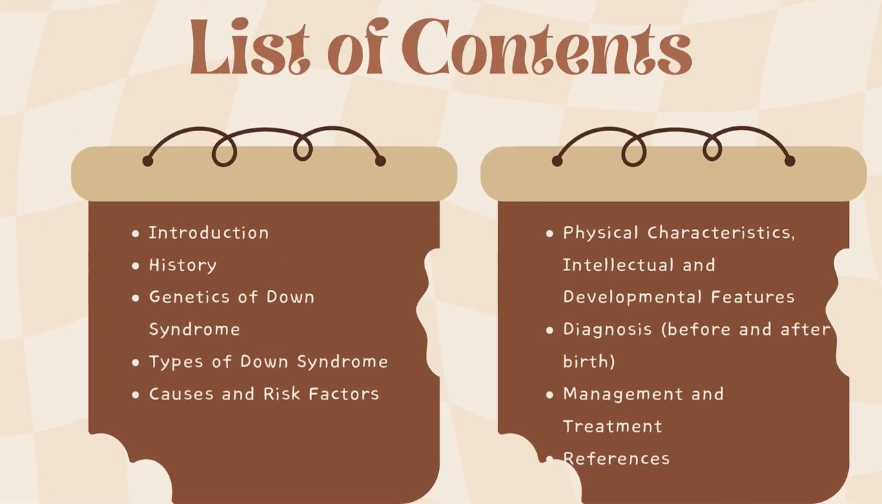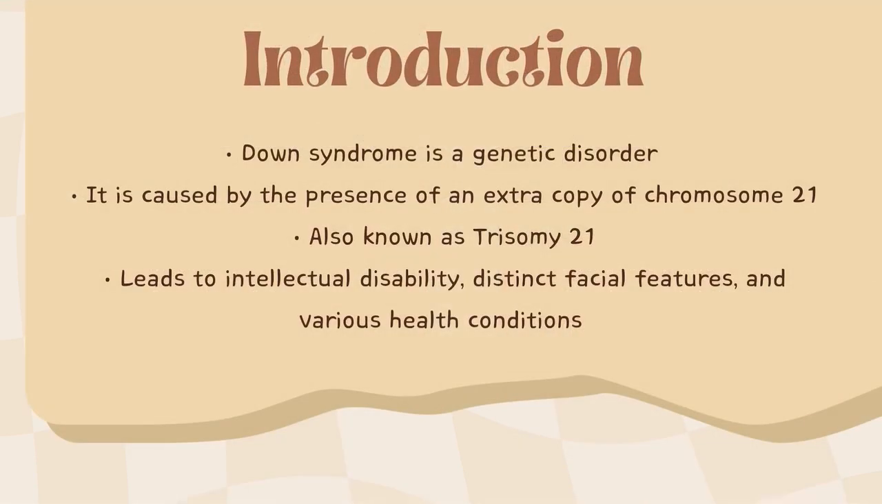For the list of contents, we first talk about the introduction, then history, after that the genetics of Down syndrome, types of Down syndrome, causes and risk factors, physical characteristics, intellectual and developmental features, diagnosis especially before and after birth, management and treatment, and lastly, references. First, for the introduction, Down syndrome, as we know, is a genetic disorder that happens because